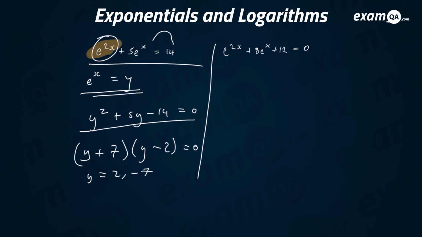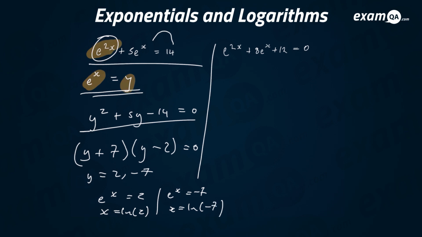But remember, of course, we said y is actually e to the power of x. So instead of y equals 2, y equals minus 7, e to the power of x equals 2 and minus 7. So that actually means if we take ln of both sides, e to the power of x equals 2, so x equals ln of 2. And if we take ln of both sides again for the other value, you get x equals ln of